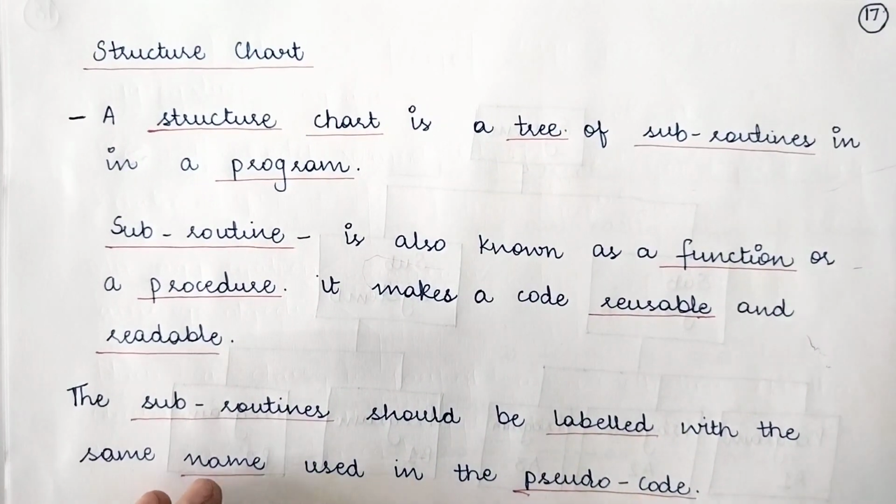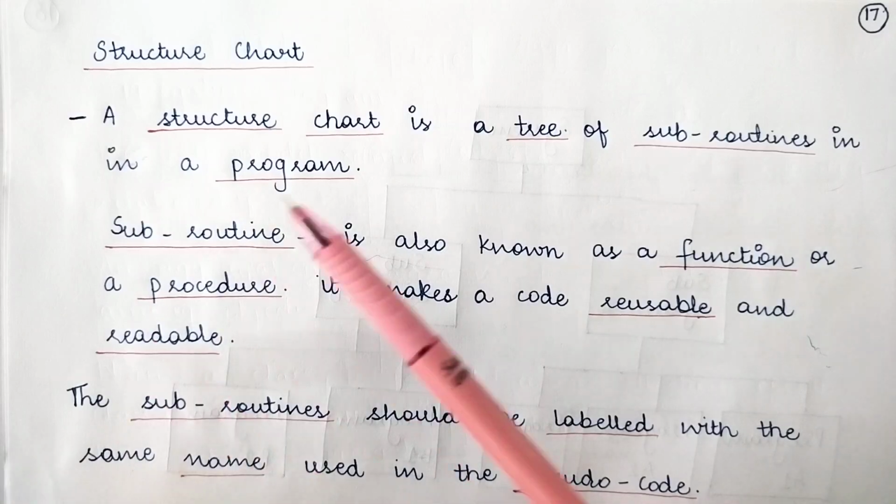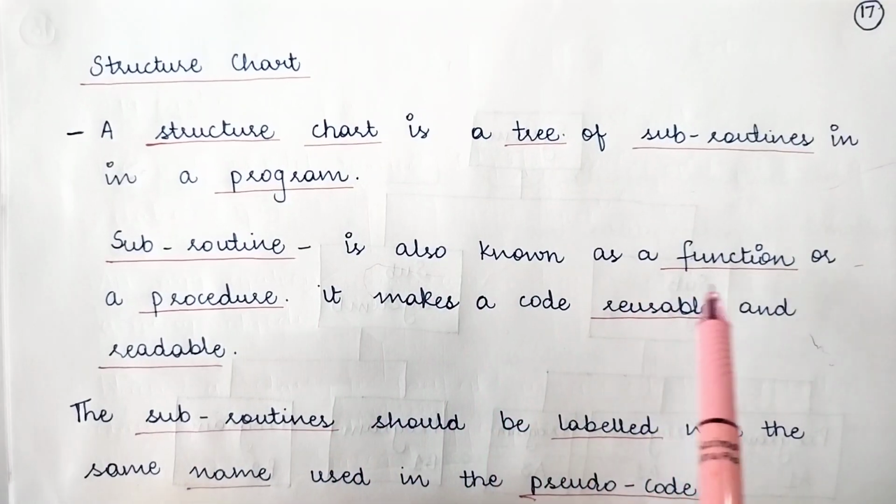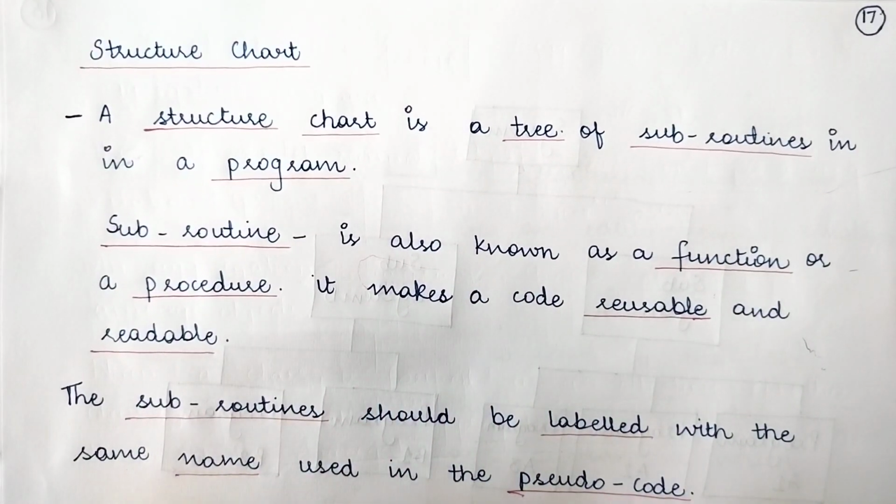Then is your structure chart, another very important tool for a system design specification document. A structure chart is a tree of subroutines in a program. So, basically a tree structure which represents the subroutines in a program. As you know, a program is divided into subprograms or modules. So, subroutine is basically a function or a procedure, just like you divide a program into various functions, so that